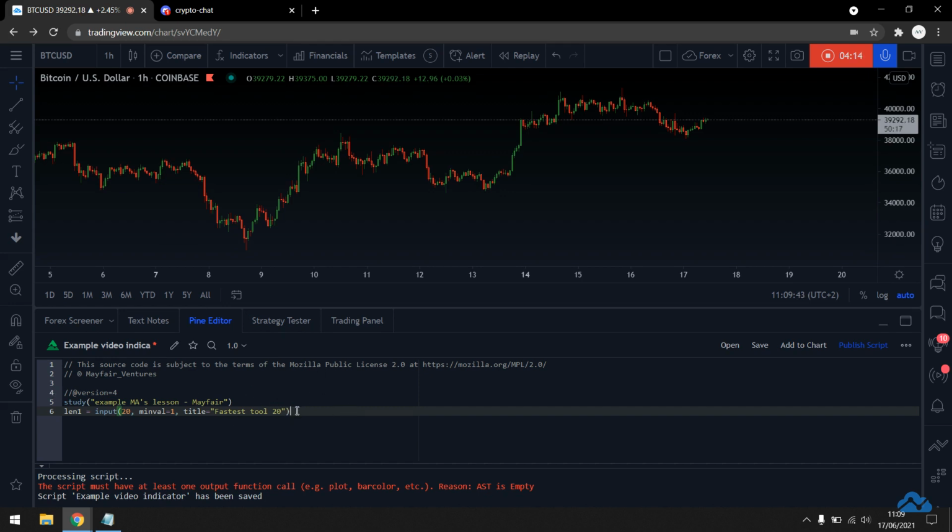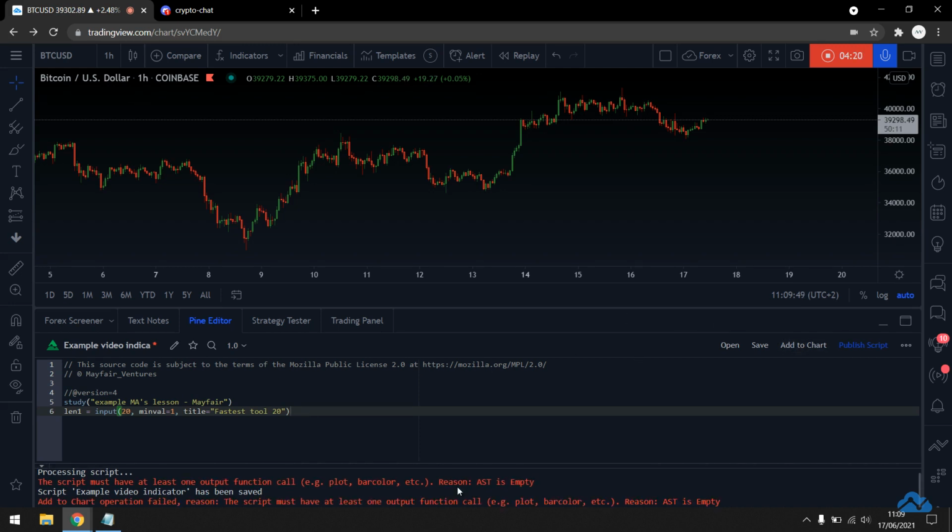Now, that's the very basics. That's step one. Now, again, if I go to add this to the chart, I'm probably going to get an error because ultimately there's nothing that it's doing, nothing that it's showing. It's not giving me any function in terms of the chart itself yet. So all I have right now is the ability to input what length I'm actually looking for, but I haven't specified just yet what the length equals to, what kind of source this is actually going to be.